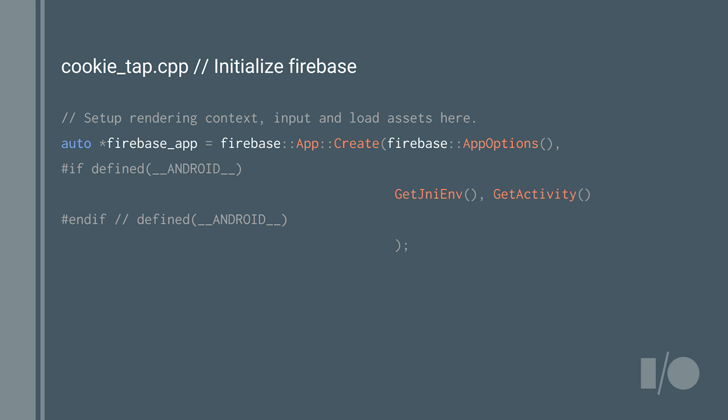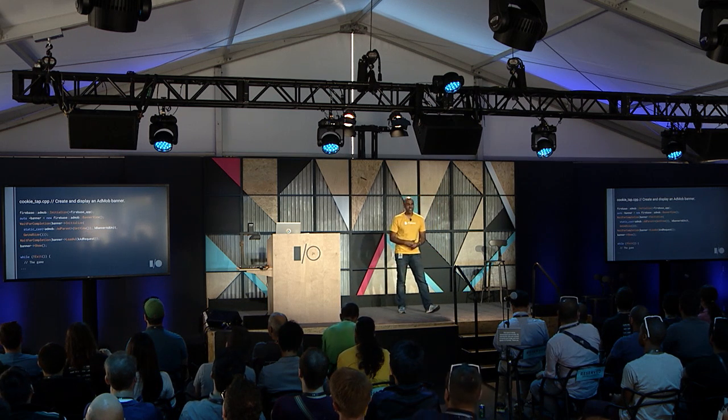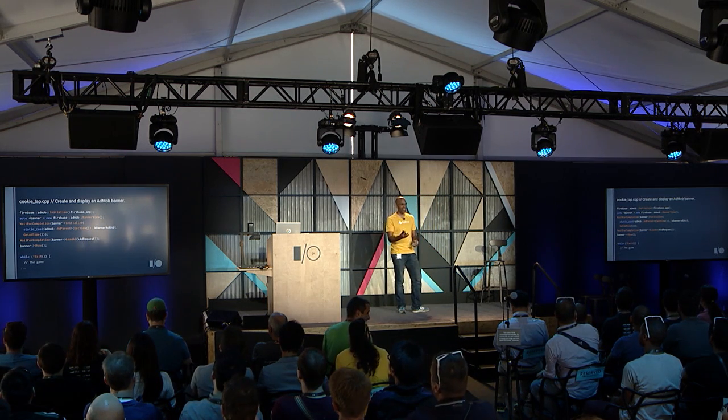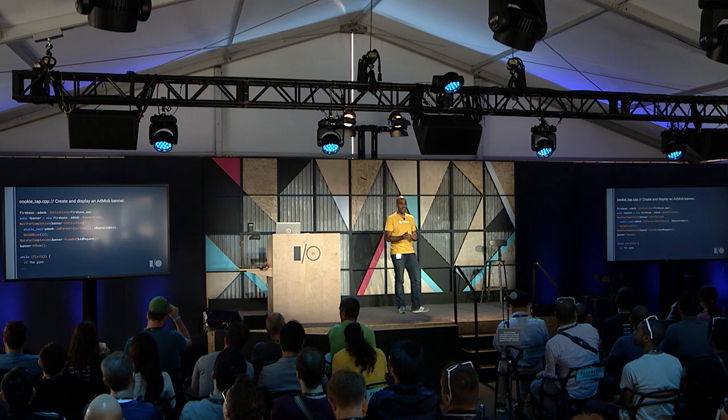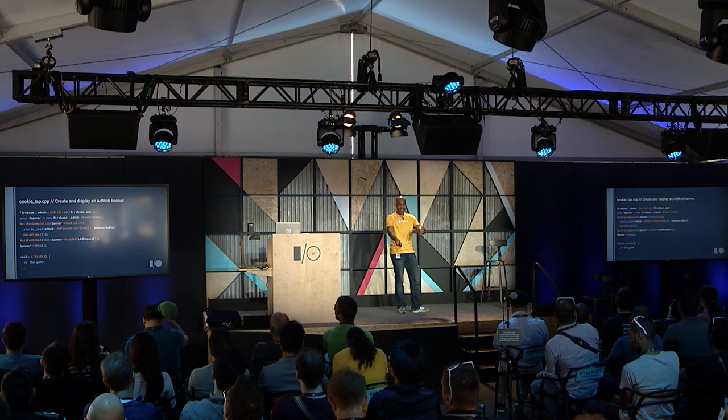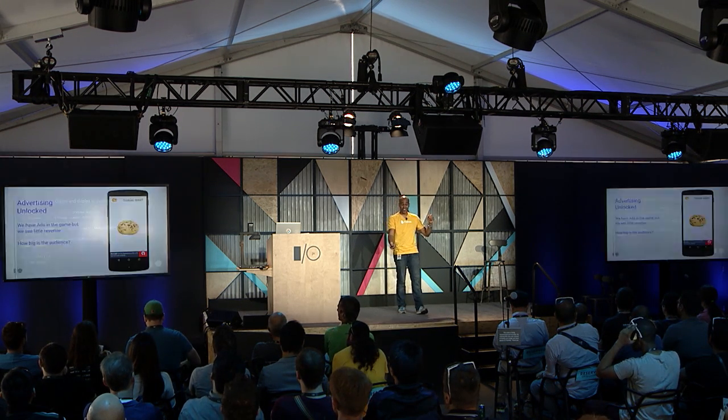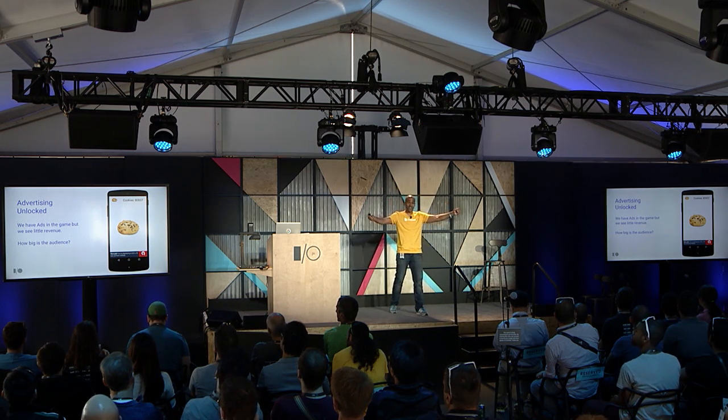And then, after I've initialized Firebase, I then initialize the AdMob API, create a banner view, wait for it to start up, load an ad, wait for the ad to load, and then finally show the banner. That was it, right? How many lines of code is that? How hard is that? So easy. So now I've unlocked advertising. Great,